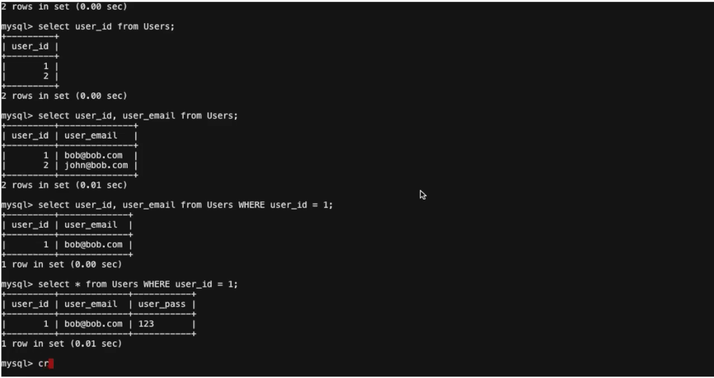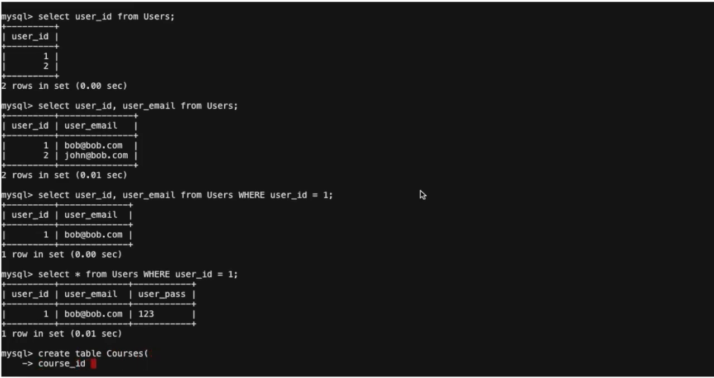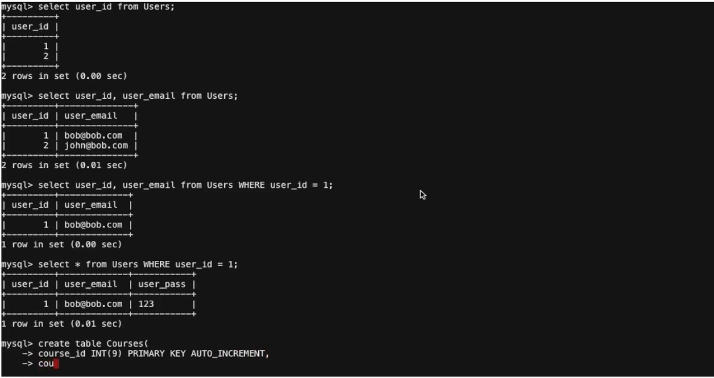Let's go ahead and create another table called courses. And this will have a course ID, int 9, this will be our primary key, and this will also auto increment. Let's do a course name, this will be a varchar 50, and it should be unique. Okay, great. So now we have this,